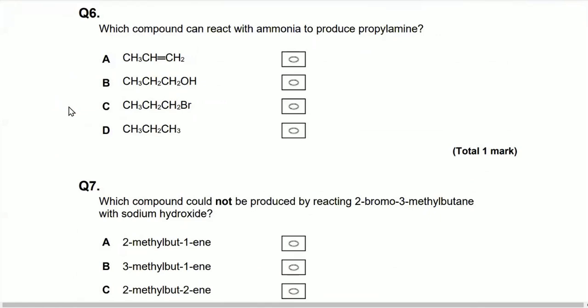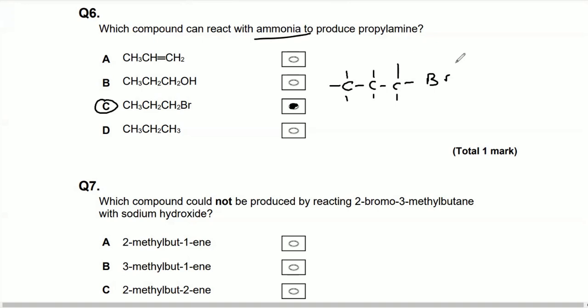Question 6. Which compound can react with ammonia to form propylamine? Okay, the clue's kind of in the name of the pack, right? It's haloalkanes, halogenoalkanes. So the answer is not going to be an alcohol for this question. It's going to be the halogenoalkane, but that's kind of cheating if we do that, because you're not going to get that clue in your exam. So anyway, let's write out the reaction of ammonia with that bromopropane, which is C,